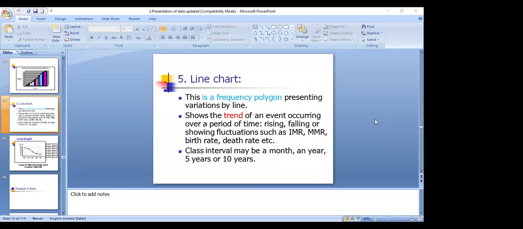And another essential difference is what? That you're not joining the midpoints with straight lines, but with a free hand. It is a cumulative frequency diagram, in which the data has been arranged in ascending order. It is also a variation of histogram. So when I started today's lecture, what I told you was histogram is the fundamental of quantitative data. Anything that you're doing to represent quantitative data is nothing but a variation of histogram. See, look at frequency polygon. What is it?